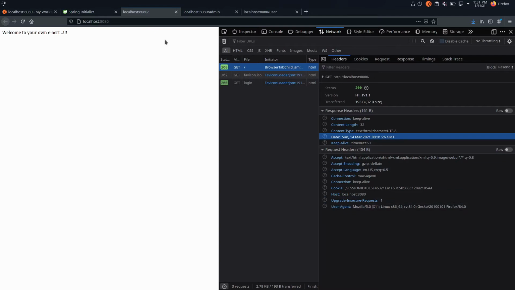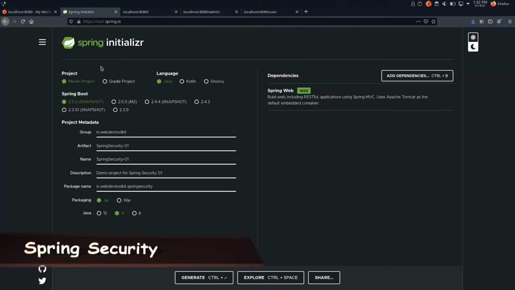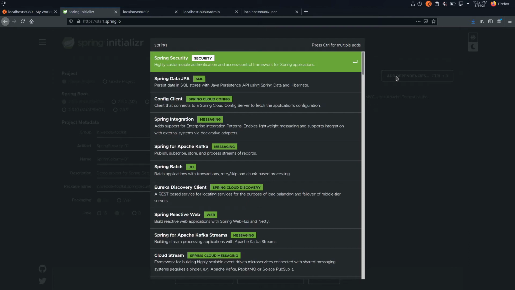As you might have observed, all these APIs are not secured. That means you don't have to provide any credentials to access them. But our goal is to add security to all these APIs. How can we achieve that? For that purpose, you need to add the Spring Security dependency. You can again move to the Spring Initializer project, add dependency and click Spring Security.